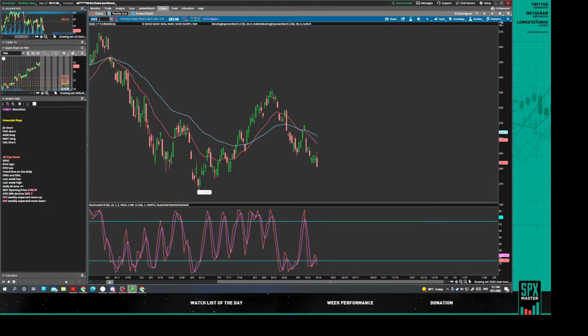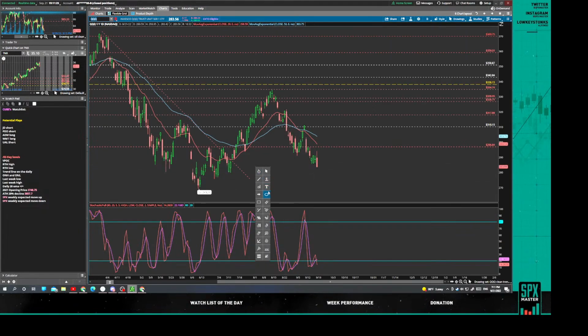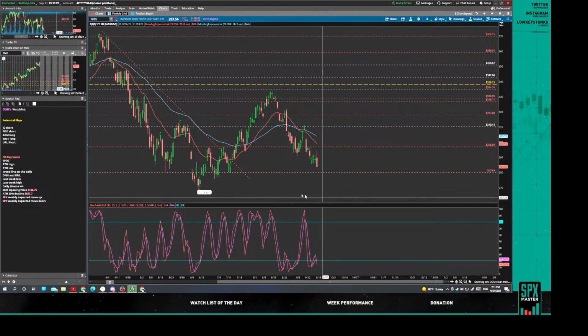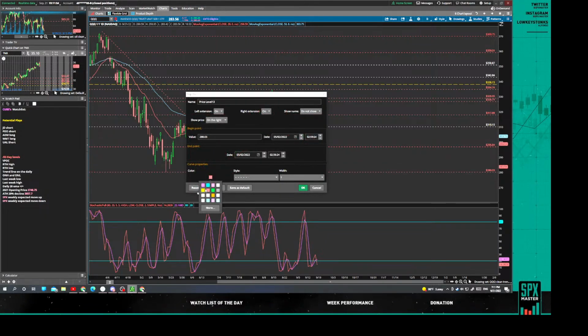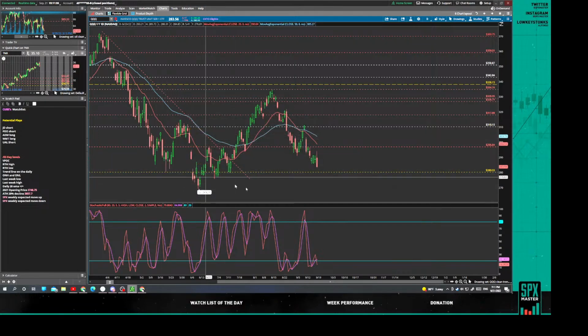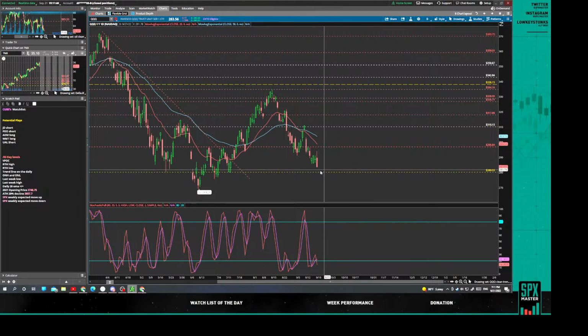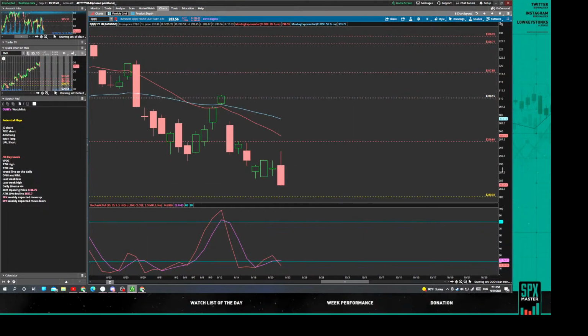If you want QQQ pricing, I'll give it to you right here. Basically, this low right here is next up in play. If we open around this level, I'll be hesitant to short further. You have to know where those big levels are right now. This is very important. You see this low, you see these lows right here on the daily, you see this low right here, this one right here. It all aligns that the potential targets for the downside are this right here. And then go from there, right? And then see what happens from there, right?